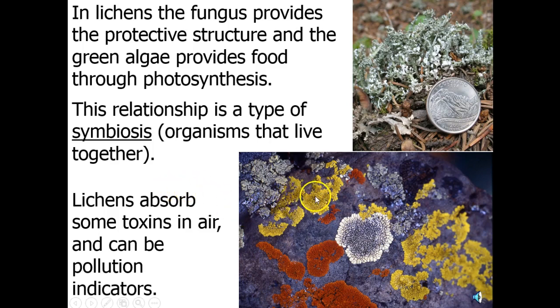You may have seen these on rocks or fence posts, graveyard stones. It's an example of symbiosis because the fungus provides the protective structure, and the algae provides the food because algae is photosynthetic, so it produces glucose. The old story is Alvin Algae and Freddy Fungus. Well, Freddy Fungus was lonely. His cupboards were bare, but he had a house, and Alvin Algae moved in. Anyway, they took a lichen to each other, and lichens absorb some toxins in the air. And in some cities, you don't find lichens because they die, especially if there's airborne metals. So lichens are good indicators of air quality.